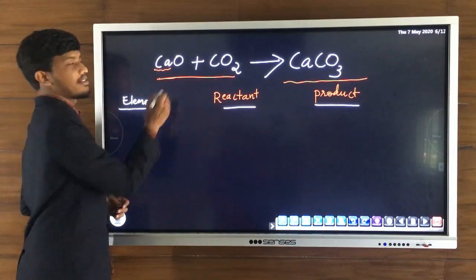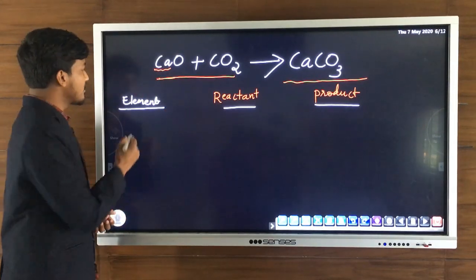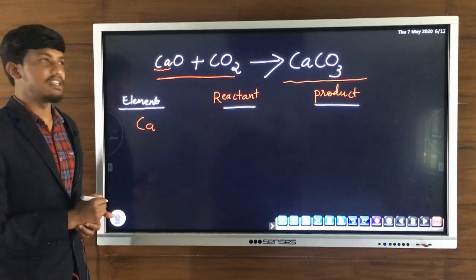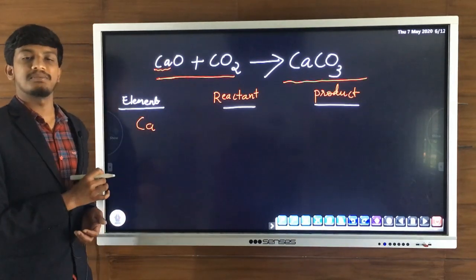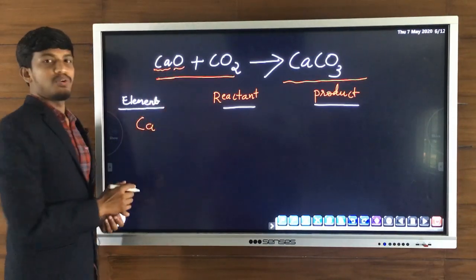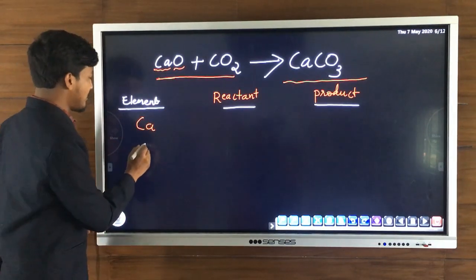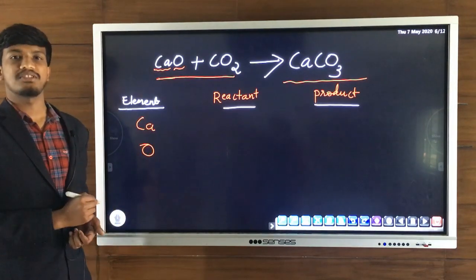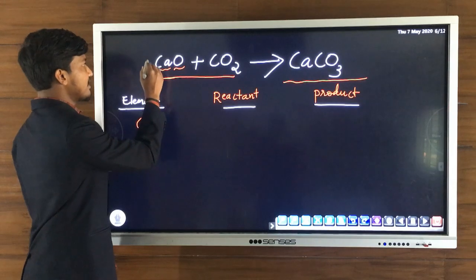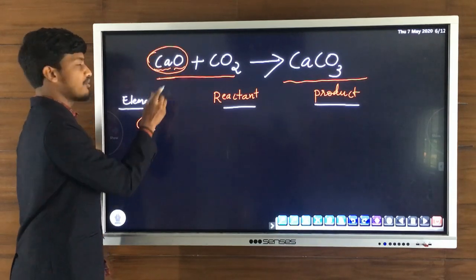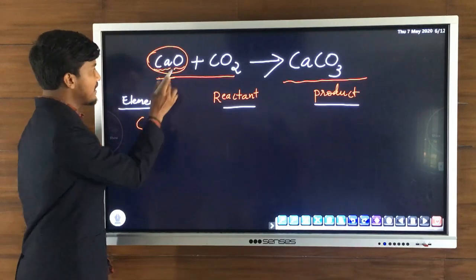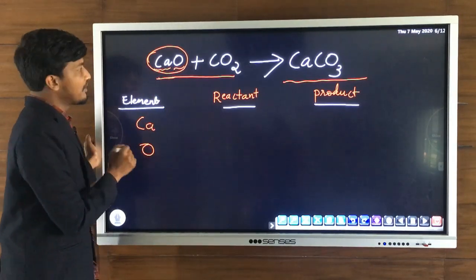is atom. Which atom is this? Calcium. So first atom or first element Ca, we have taken Ca from CaO, so calcium. Then next one O means oxygen, so the next atom is oxygen atom. So these are the two atoms present in the first reactant. In CaO we have only two different atoms. First atom Ca, that is calcium, second one oxygen, O.